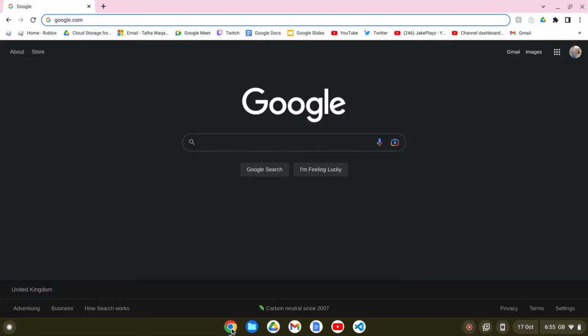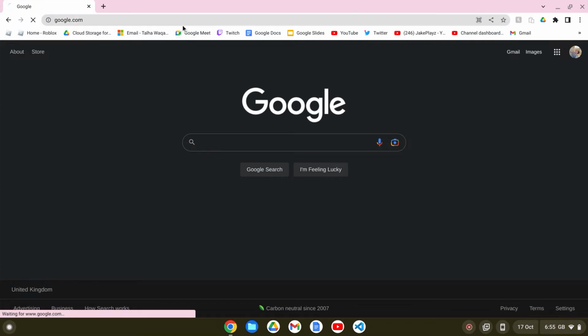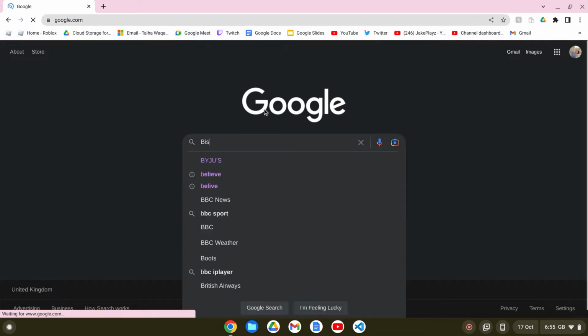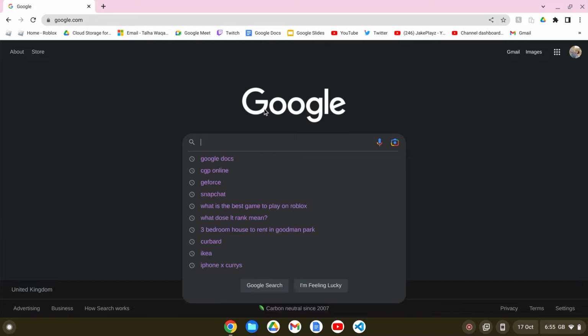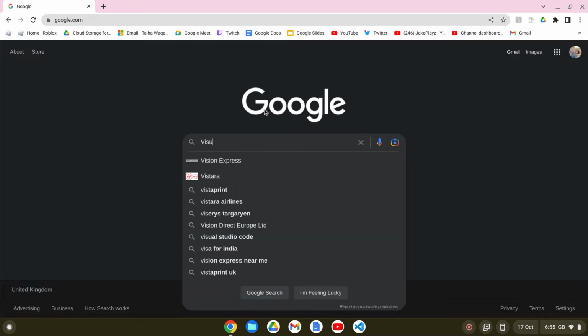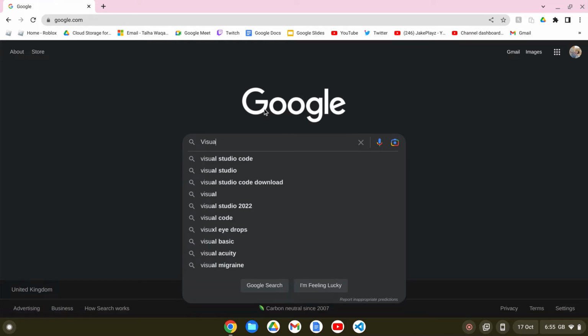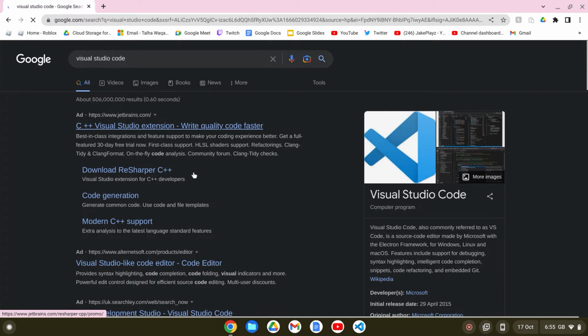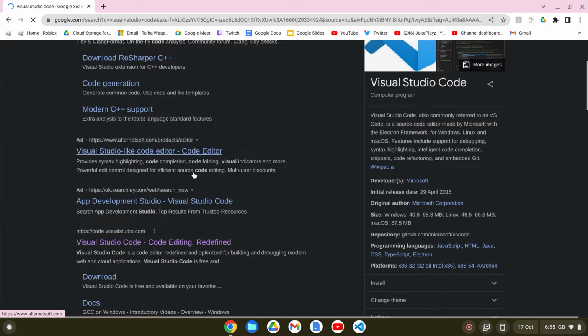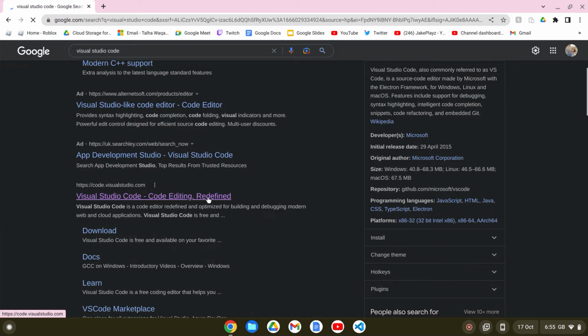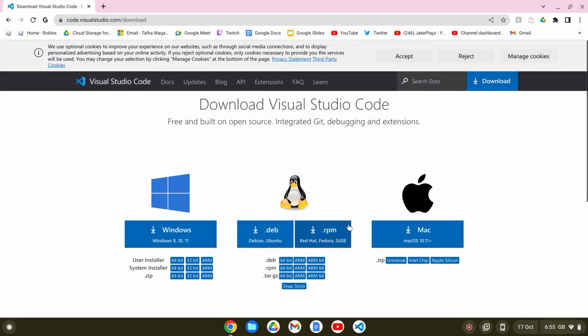So first we go on google.com, then type in Visual Studio Code. So it should come up here. Then you go on to the download. You may see this, you just go on download. So when you're here,